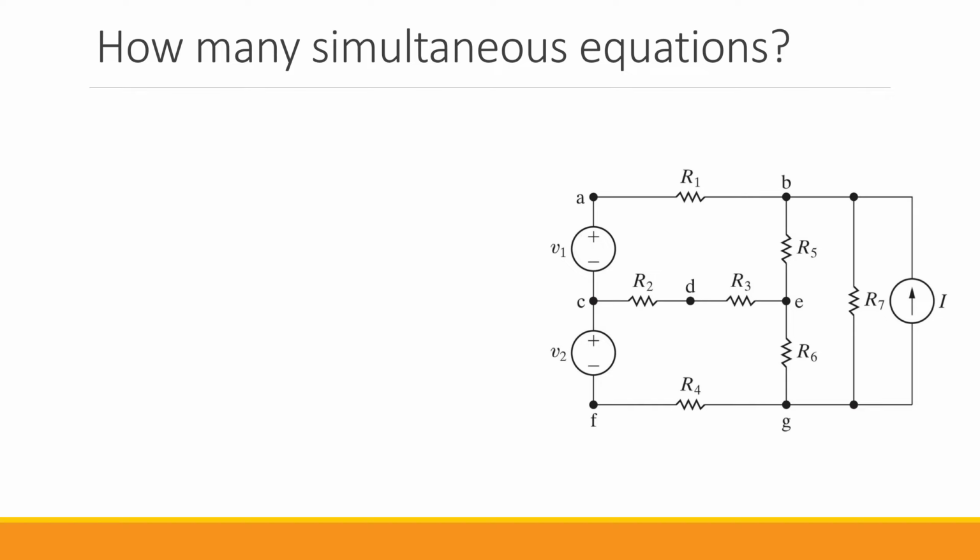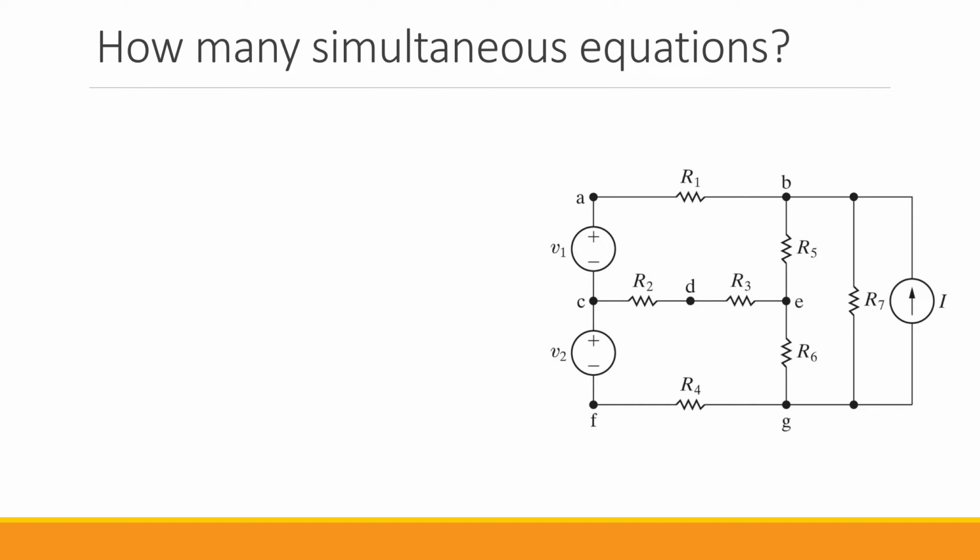So let's just take a look at this example circuit here. This is the same circuit that I used to go over the important definitions in the previous lecture. So we had the definition of node, essential nodes, branches, essential branches, and so on and so forth. So now in this circuit,